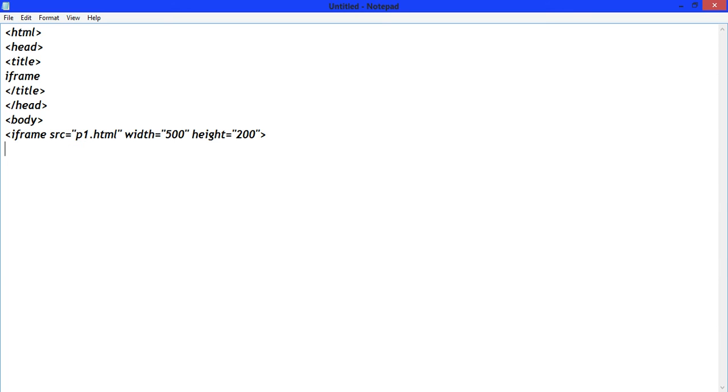Now close the iframe tag. Write one paragraph here. Welcome to iframe. Now close the paragraph tag. Now close the body tag and close the HTML tag. Save it.